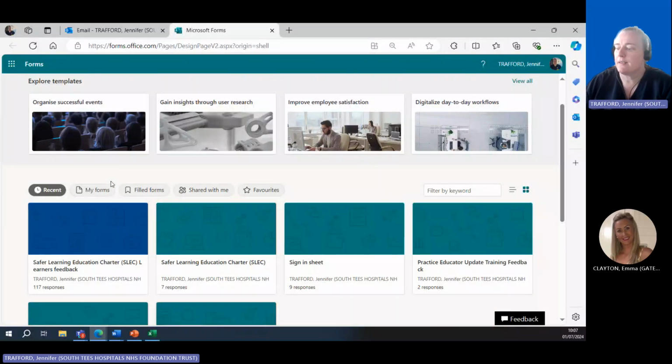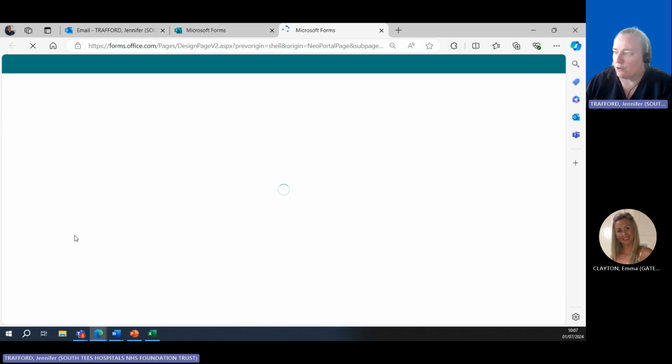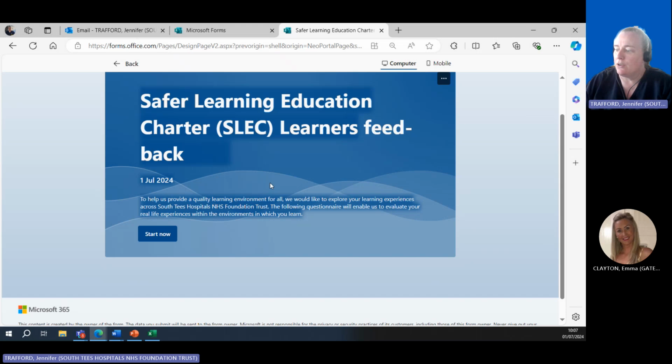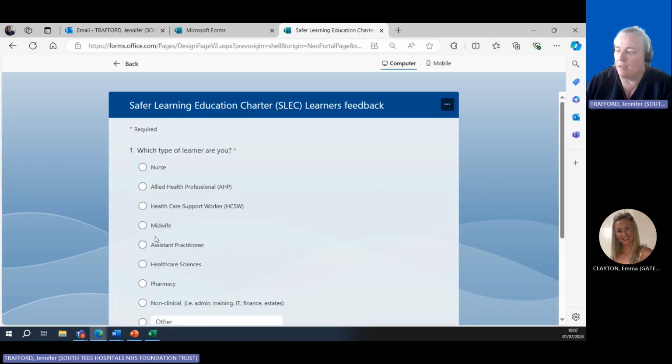Forms where you have links that divert off to certain questions. So that's what we've done here. You can see our safer learning environments charter here. And if I do a preview of what that looks like, so what we've done at South Tees is we've